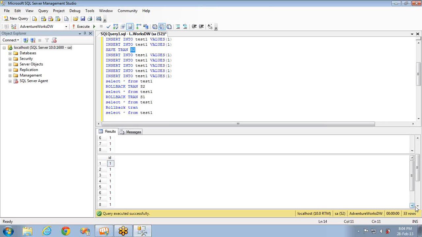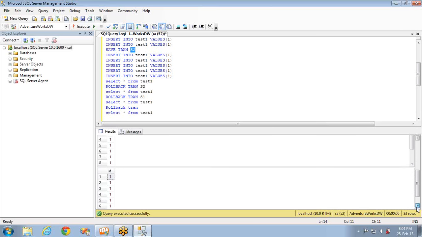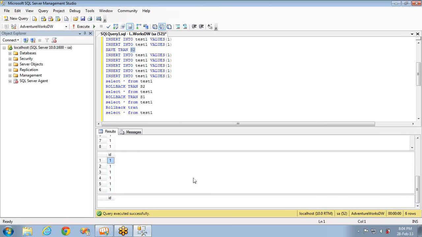Now let me go to the next table. This is the third table, and I have only 6 records. Why? Because this has been rolled back up to the save point S1. By that time we had only 6 records in our database. And this is the final one where I have rolled back the complete transaction, and you can see there is no data present. That means it is completely rolled back.